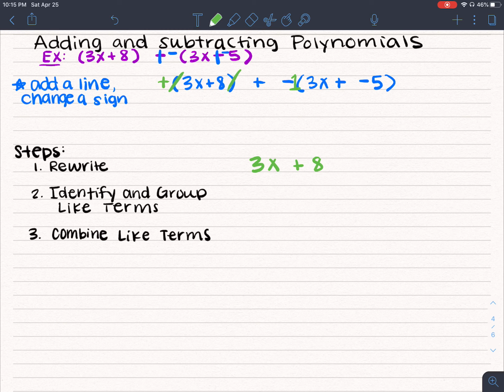So I'm thinking of a property that I can use to help me rewrite that. Right? So it's our distributive property. So I'll have negative 1 times 3x and negative 1 times negative 5. So let's write that down, negative 1 times 3x, and we'll do plus negative 1 times negative 5. So negative 1 times 3x is negative 3x, plus negative 1 times negative 5, which, if I do my friend